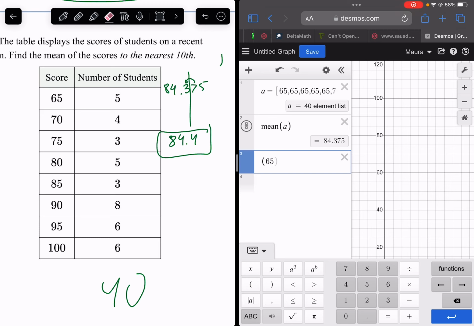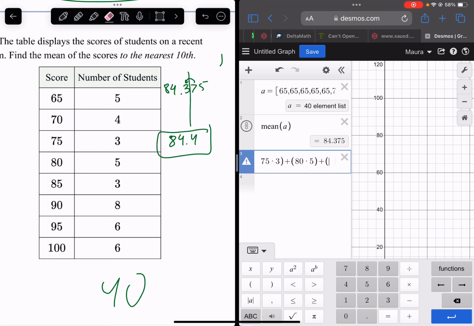So if you recall, the way that you find the mean is you add everything up and then divide by the number of things you added up, right? So we can do 65 times 5. So instead of doing 65 plus 65, 65, 65 plus 65, we just do 65 times 5. And then we'll do 70 times 4 plus 75 times 3 plus 80 times 5